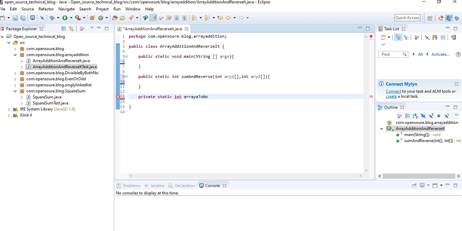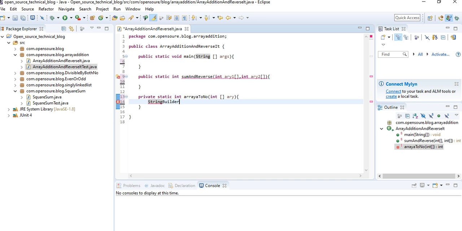I have given this method the name arrayToNumber, which will take an integer array as argument. What I'll do is create a StringBuilder, so when I append a new element to it, it will not create another object.